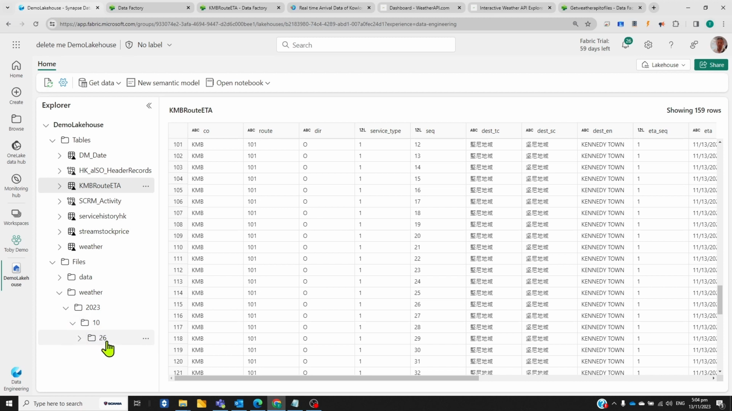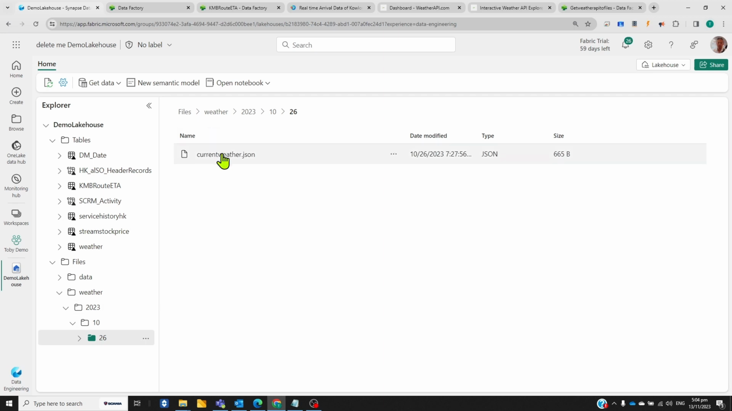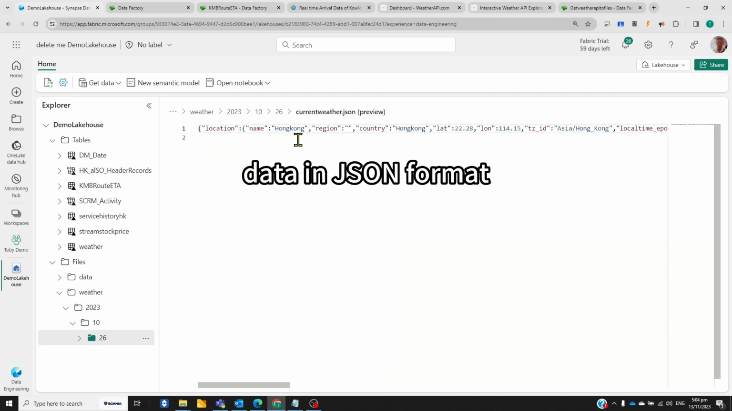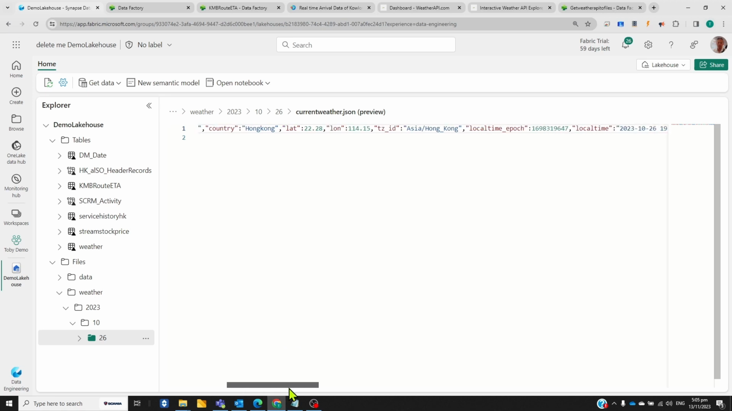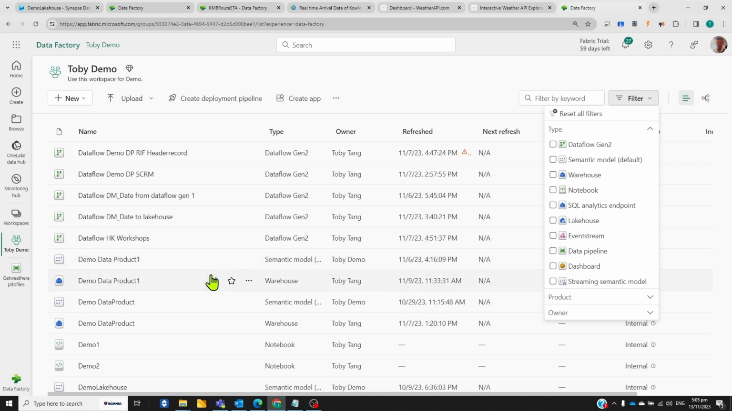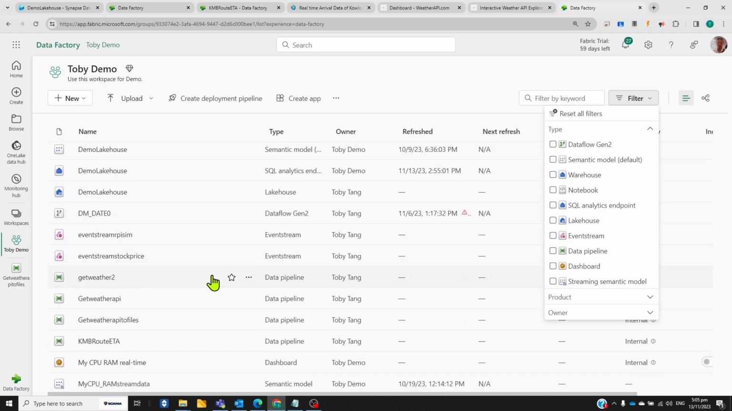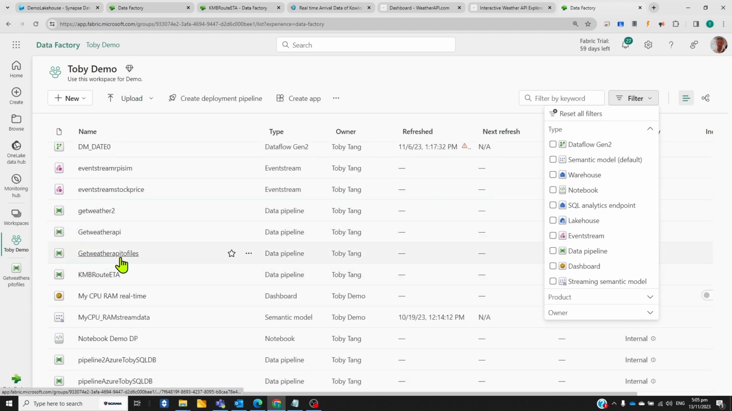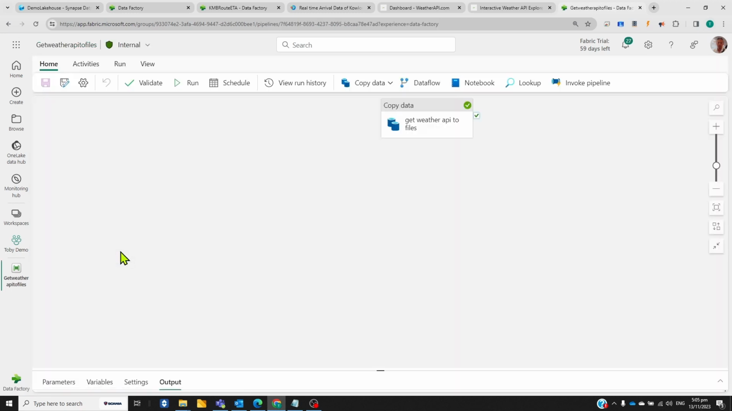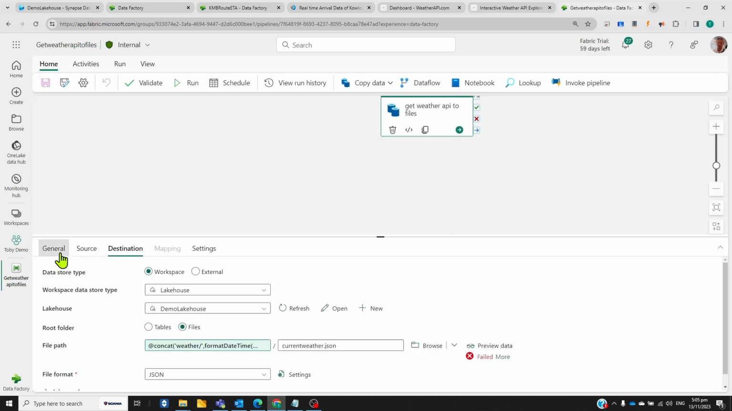I have this one. I get the current data for Hong Kong for the temperature information, okay, weather information. Now if I go to the workspace to the pipeline again, the one I want to show is get weather API to files. So similarly,